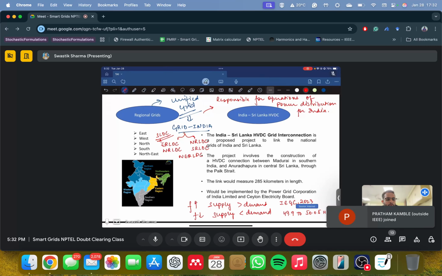Now there is one more project which is currently, I don't know if it has taken shape or not, but there was this proposal to link Myanmar and Thailand. Myanmar and Thailand are both very close to each other. So they wanted to link them so that there is a conglomerate of these South Asian countries who can act as a power pool, right? So that is currently also going on. So Grid India is not only responsible for operations of India, but also for these major projects as well.